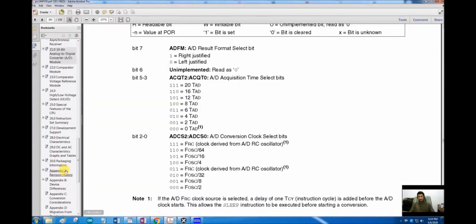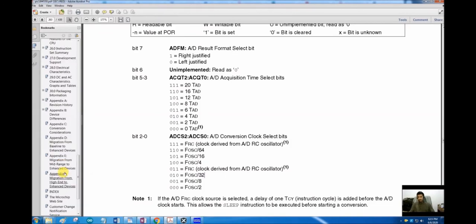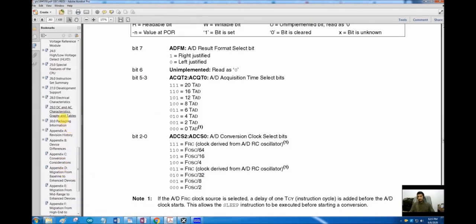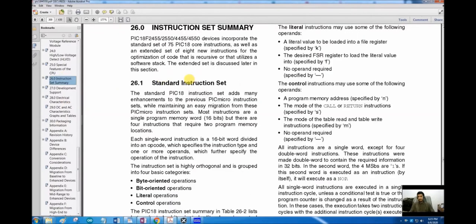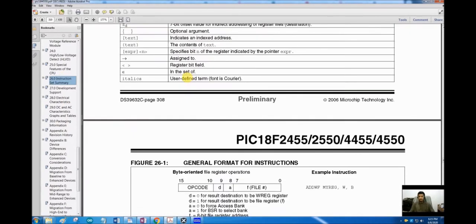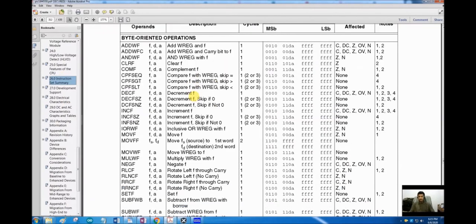Because if we remember, in assembly language we used to have a rotate command. Let me open the instruction set summary and let me go to the instruction set. Here you can see RRNCF, rotate right file register no carry.